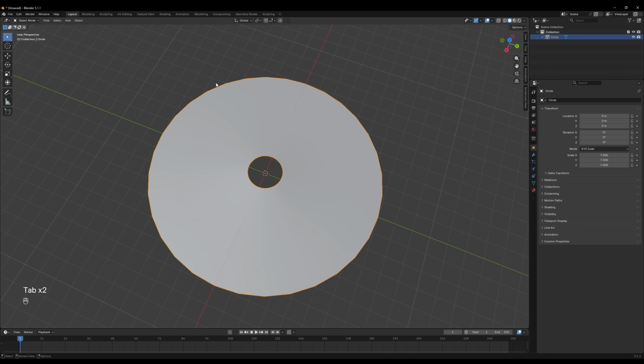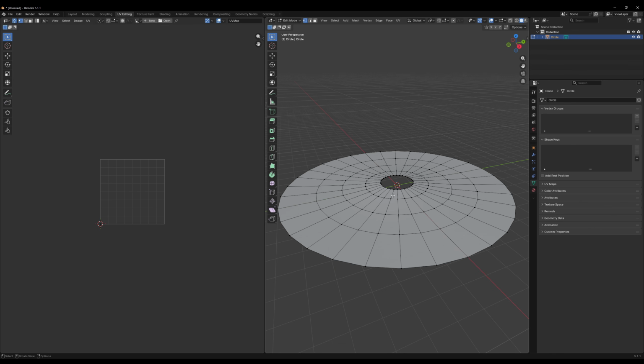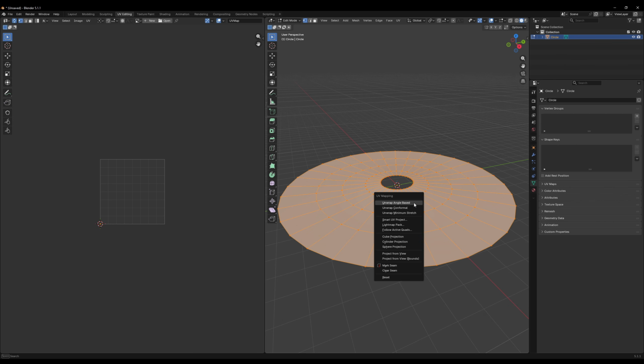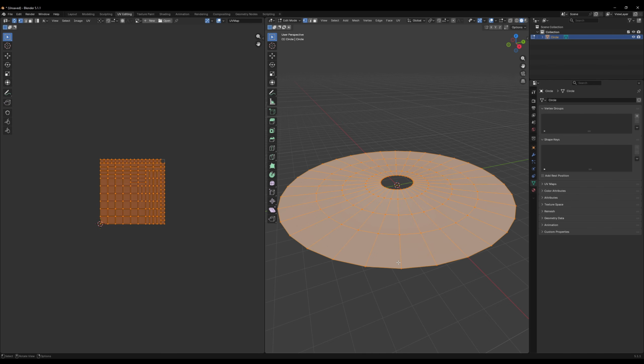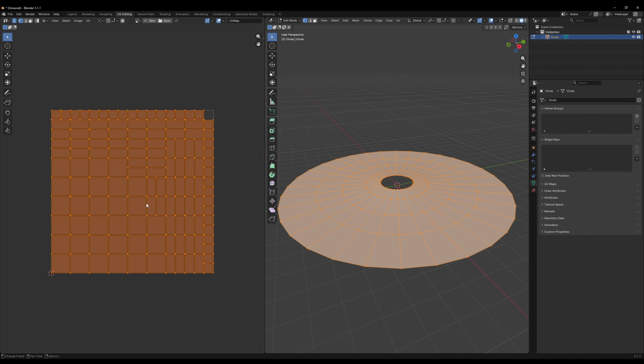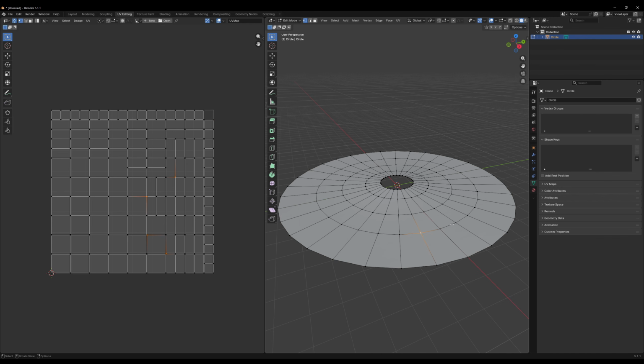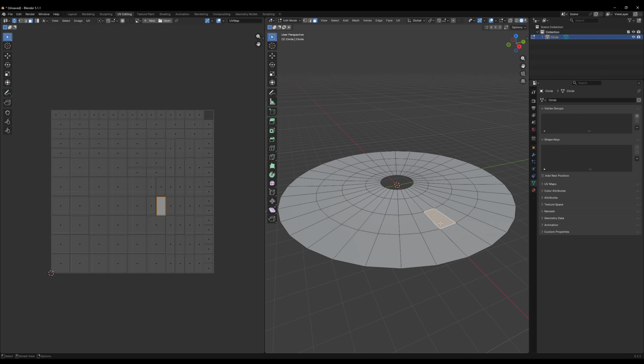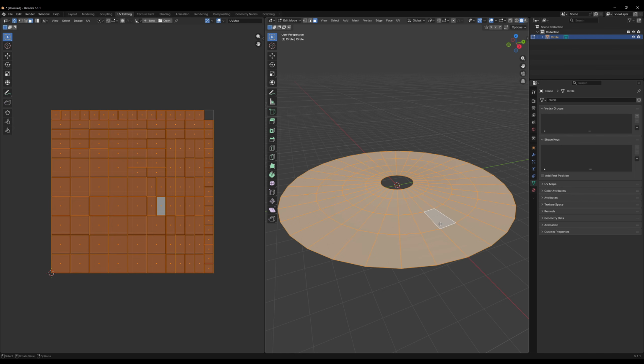Next step is the UV mapping. If we enter edit mode, select everything, we can press U to access the UV mapping menu and select Lightmap Pack. And this is the trick we are going to show you. You get a bunch of squares, no worries about that. Just select one of these in face mode, select everything again. As you can see, that quad has become active,